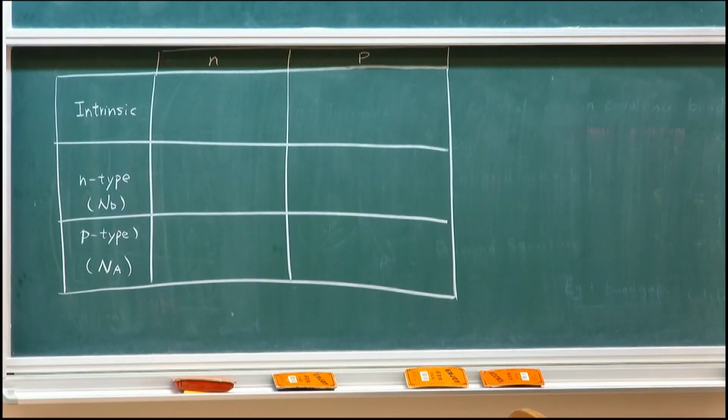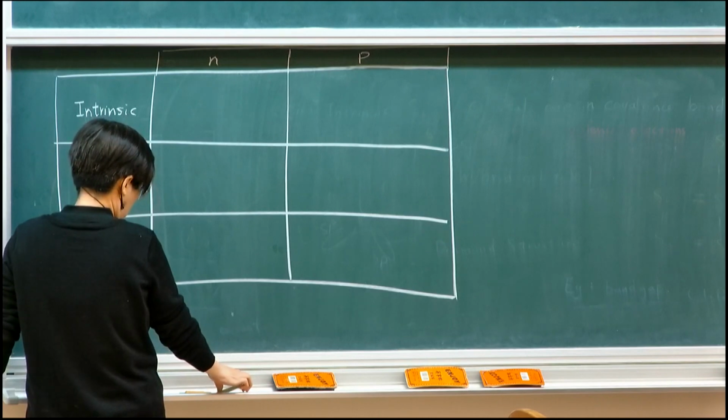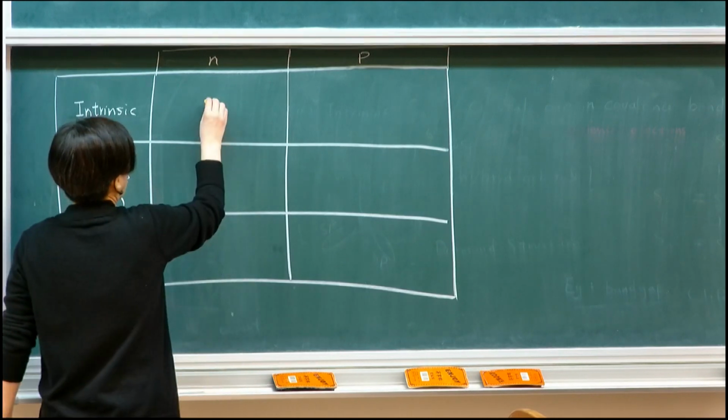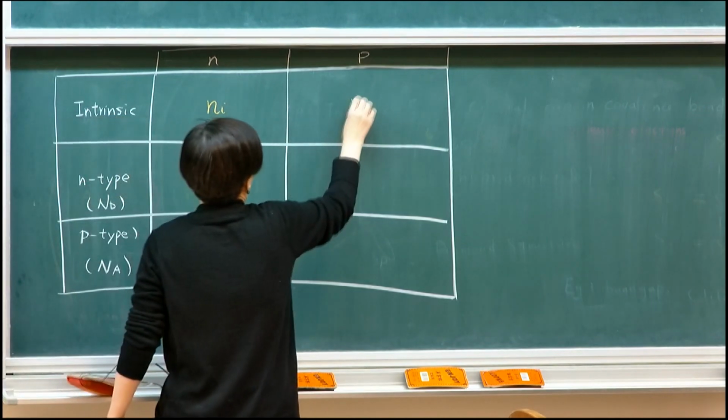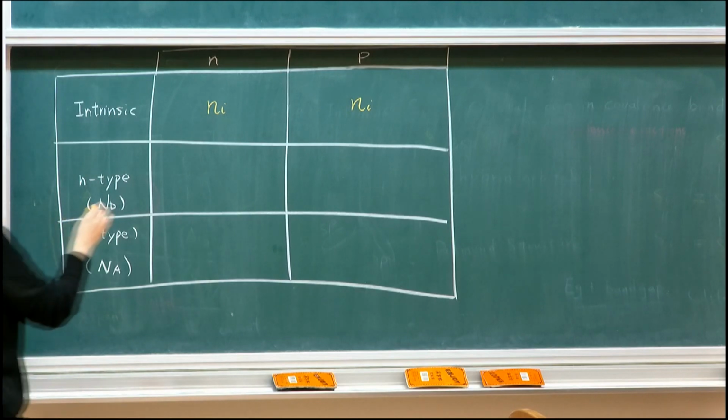We want to know how doping affects its NP level. Okay? So for intrinsic, you know what it is, right? For intrinsic, we know that the electron density and hole density are the same. So this will be Ni, and this will be Ni. Okay? And for n-type, what do you think? It starts with Ni, right? So it starts with Ni and donates a little bit more. So it starts with a level of 1.5 times 10 to the 10th and you put in maybe 10 to the 15 or 10 to the 16. So what do you expect would happen? It will then be something close to Nd